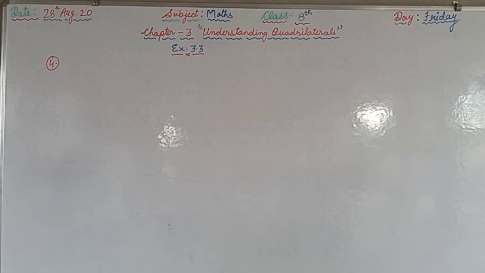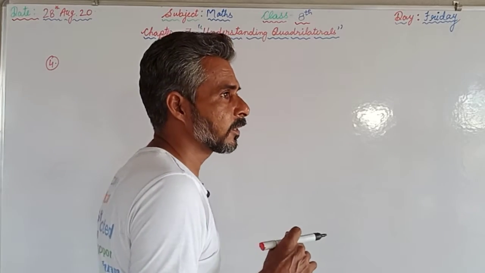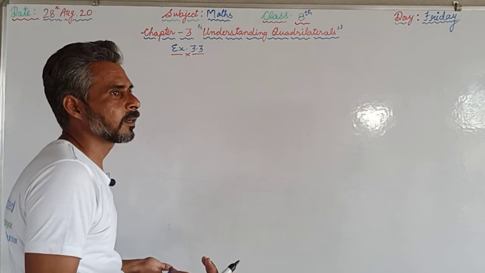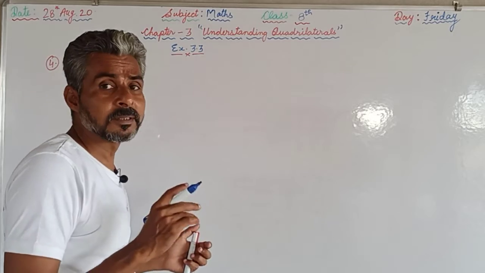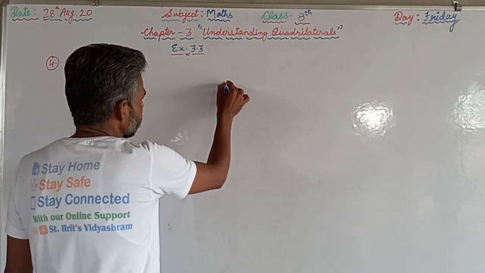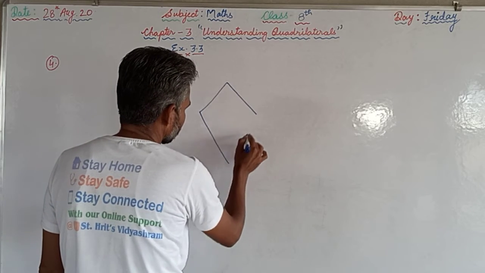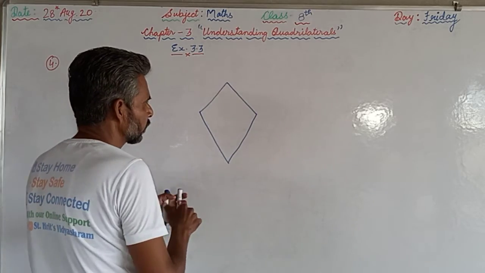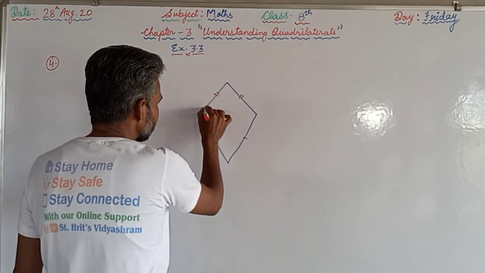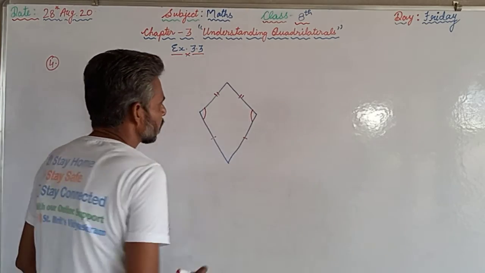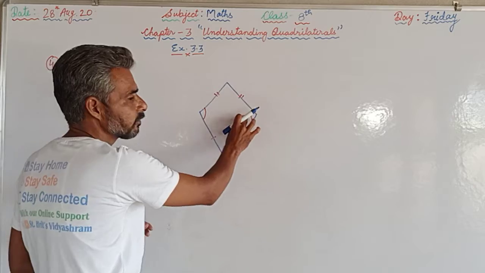angles of equal measure. Not a parallelogram. In a parallelogram we know the opposite angles are equal, in a square also, in a rectangle also, but here it is saying that the opposite angles should be equal, but it should not be a parallelogram. So you have seen such a type of figure in which the adjacent sides are equal and this pair of opposite angles are also equal. These are not equal, not required, but these two angles will be equal.